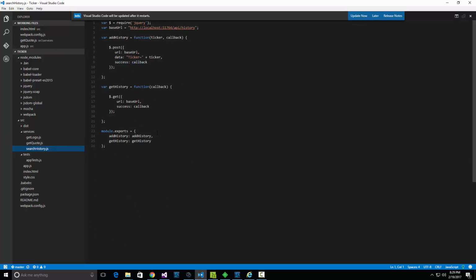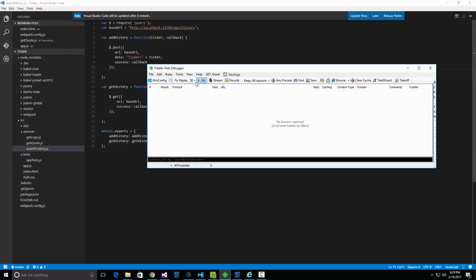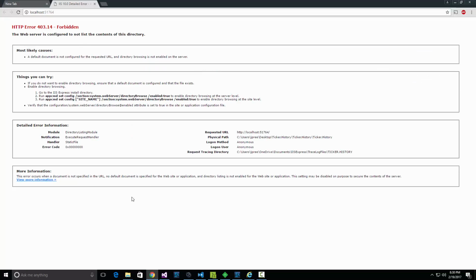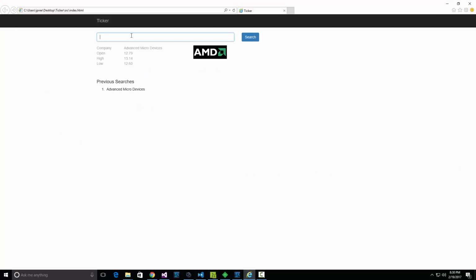And then my custom web service, again, we have 2 endpoints. We have a post and we have a get. So these 2 are fairly straightforward. I also wanted to point out that if we look into Fiddler over here, and we go to capture traffic, and we go back to the application, and let's type in, say, Microsoft to get another web service call here,